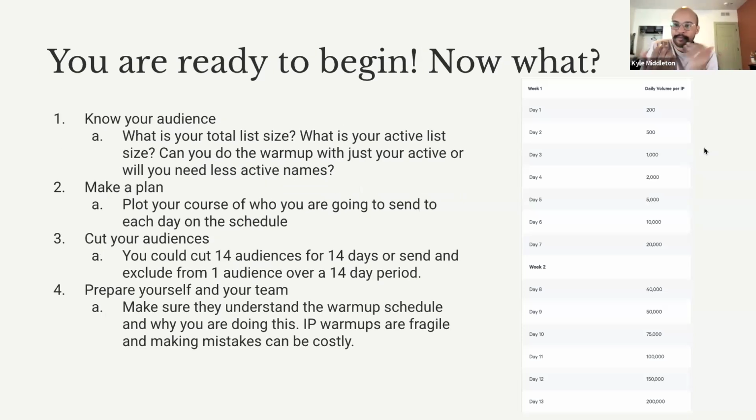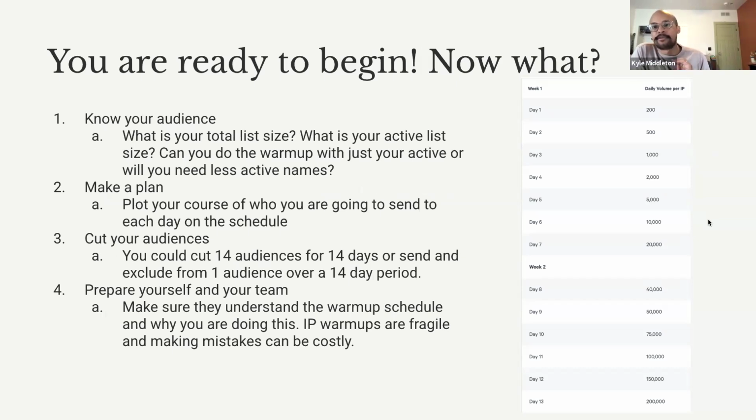Okay, so in theory here, you've connected all of these things. Your Postmaster's up and running. You're able to monitor campaigns in whichever tool you're using, and you're ready to go. So now what? Really, I think one of the most important things before you even embark on sending is figuring out who your audience is.